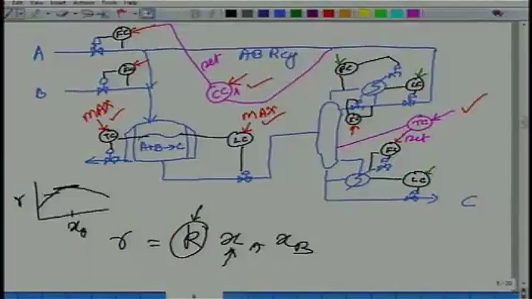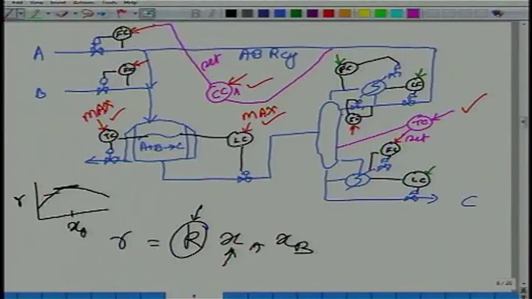Yes or no? So how to know that the C is going at the top? How to know that C is going at the top of the column? Either you are measuring the composition, or you are measuring the temperature. There is no composition measurement. Certainly temperatures are measured. If C is going up the top, temperature in the top section of the column will be higher. So you know that the temperature of the top section is increasing, too much C is going up the top, let me increase the reflux.